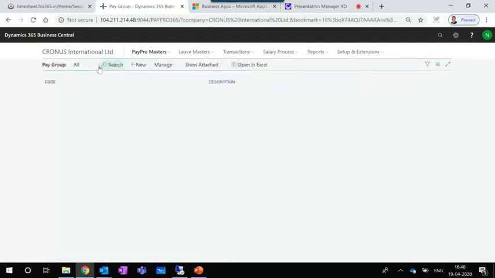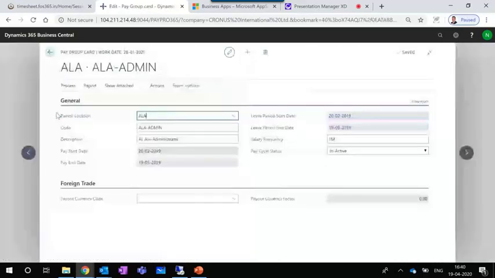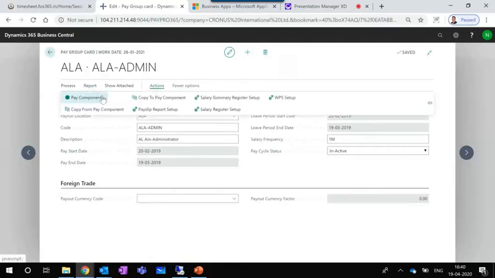Then we will have a pay group as a second hierarchy where you'll be able to define the pay start date and end dates, leave calculation start date and end dates. So what is the salary frequency for the particular pay group? You can make it active or inactive. So under the pay group, you'll be able to define the pay components.